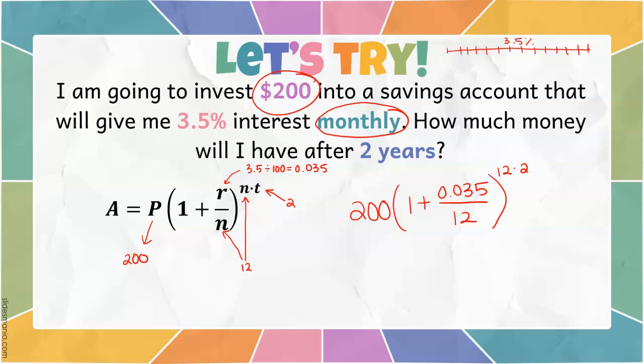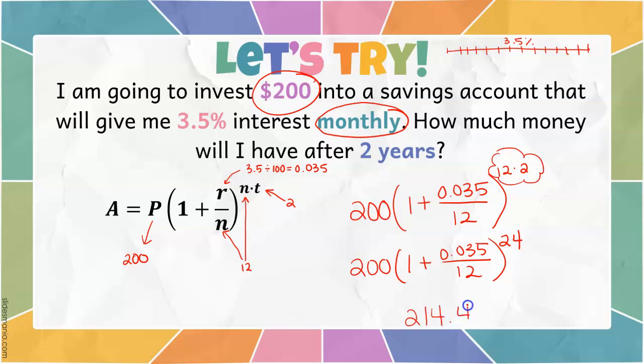Most of this you can type into a calculator. The one thing I would recommend not typing in all at once would be your exponent. Some calculators will do a different order of operations, or I guess it's the proper order of operations, depending upon what type of calculator you have. So the safest way to handle that is to just type in to the power of 24 versus having two numbers in your exponent. So I ended up getting a really long decimal of